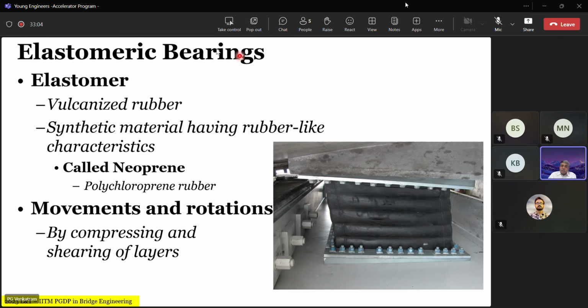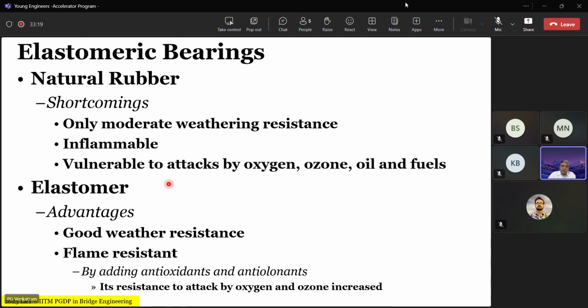So this type of bearing, the so-called elastomeric bearing, is made of elastomer, which can be either natural rubber or synthetic material like chloroprene. Both are possible, and both are permitted according to our IRC 83. Okay. Now, looking back at the natural rubber, it has certain shortcomings. It is